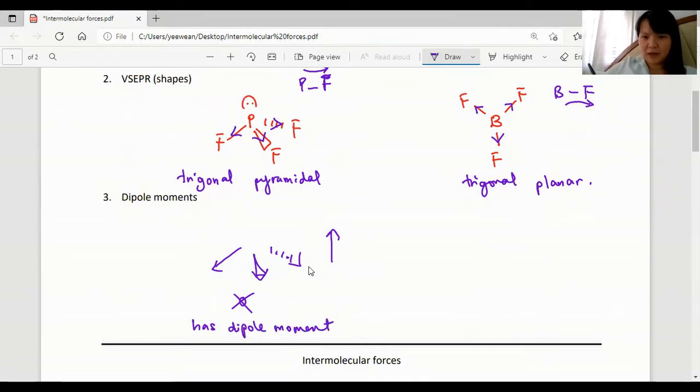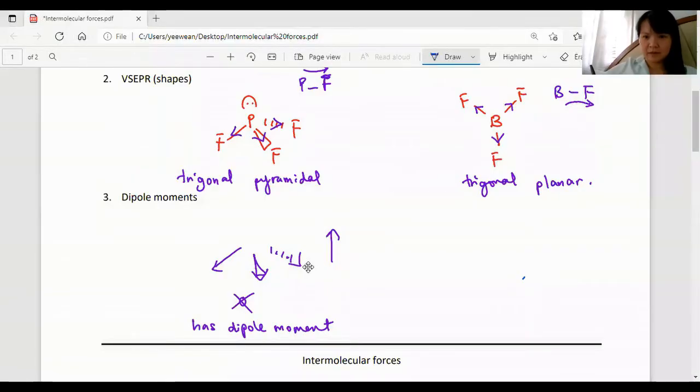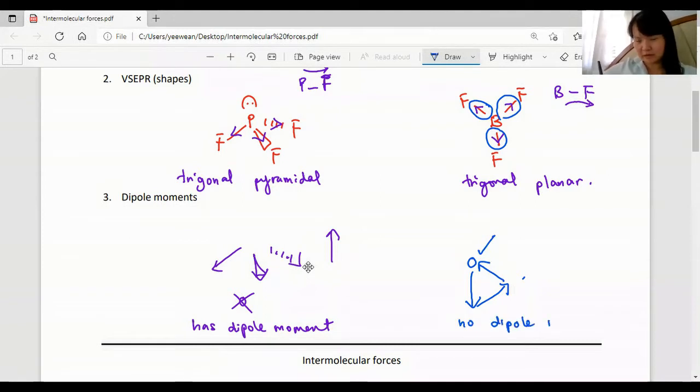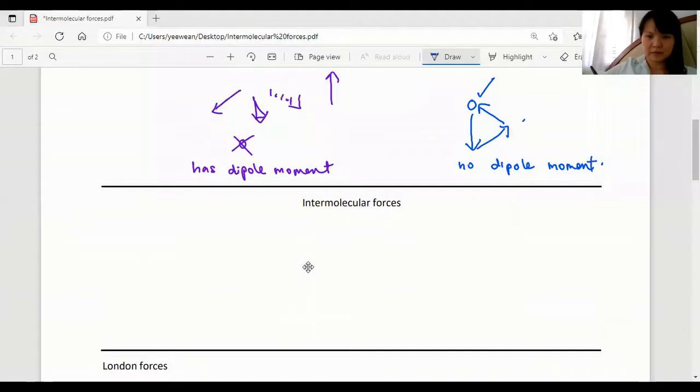As for BF3, let's start with 0, so down, and go this way, and this way. It goes back to 0, so there is no dipole moment. So knowing which one has a dipole moment and which one doesn't, we can determine the